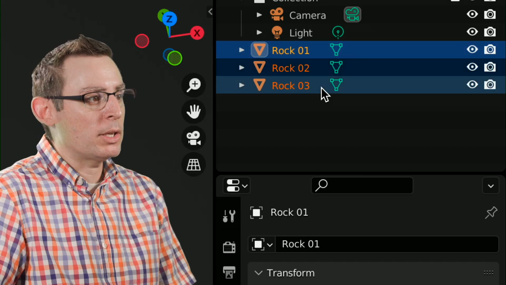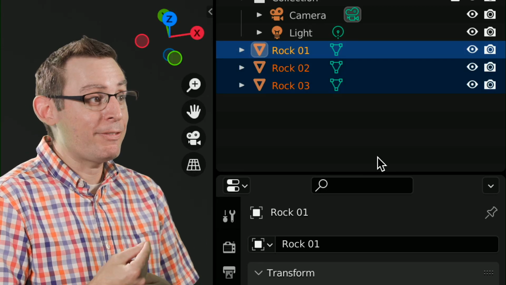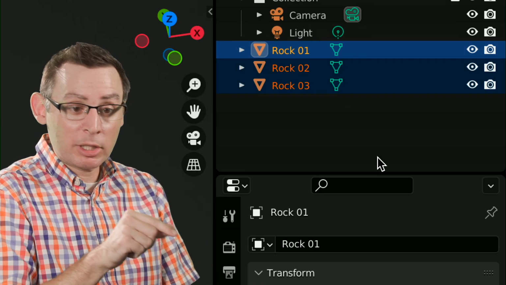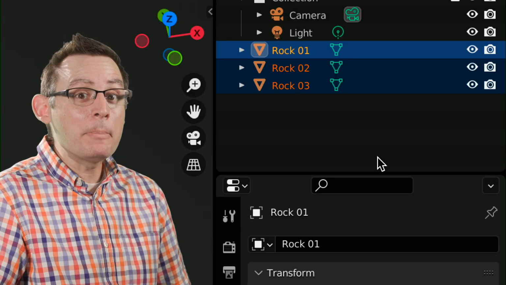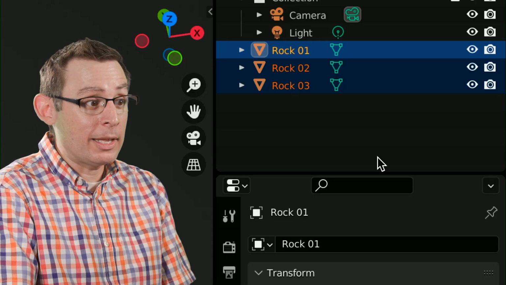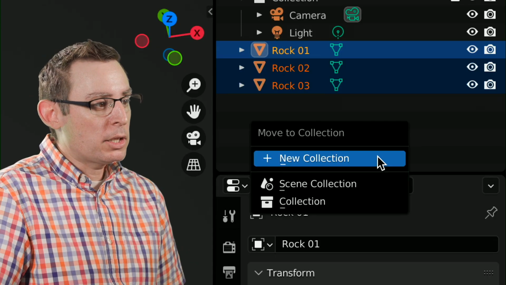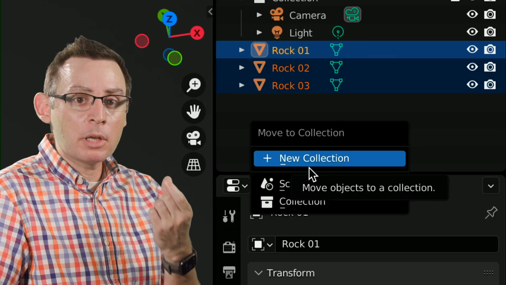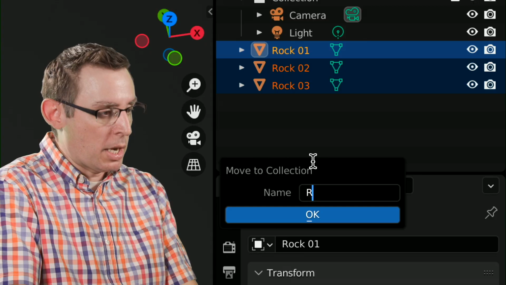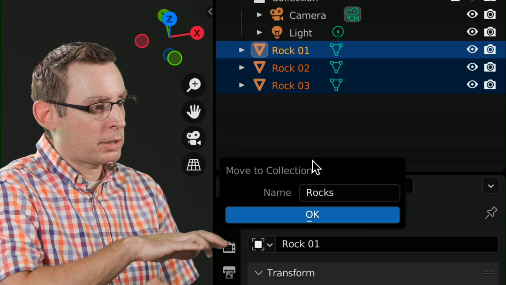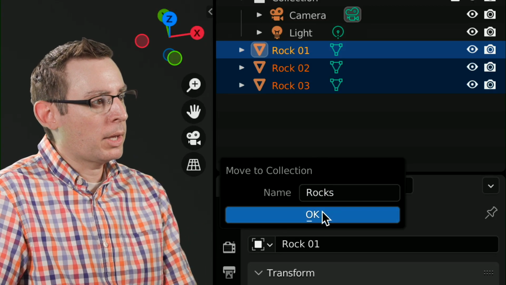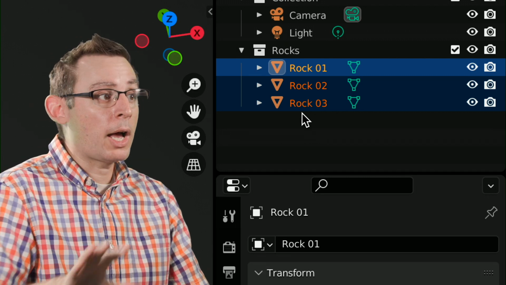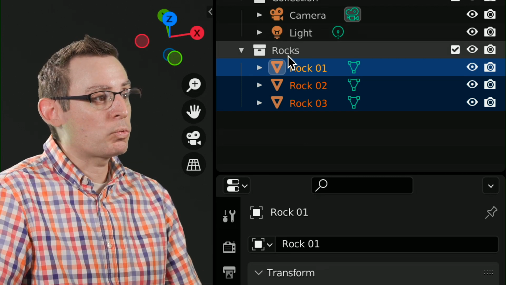The first thing that we're going to do, as you would imagine, is add them into a collection. So I'm going to select them in the outliner, and then I'm going to hit the M key, M as in mother, or as in this moment, move. You're going to get a small little menu that appears underneath your cursor. And of course, we're going to name our collection rocks, something like this. We'll hit OK. And now all three of those objects have been nested inside this rocks collection.